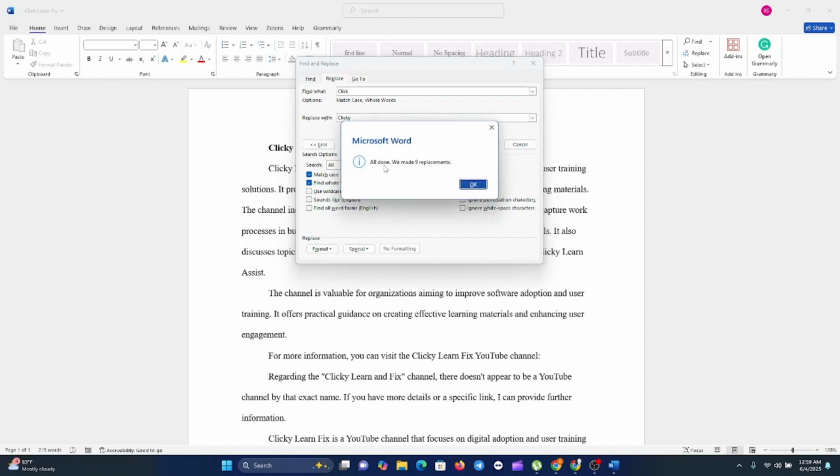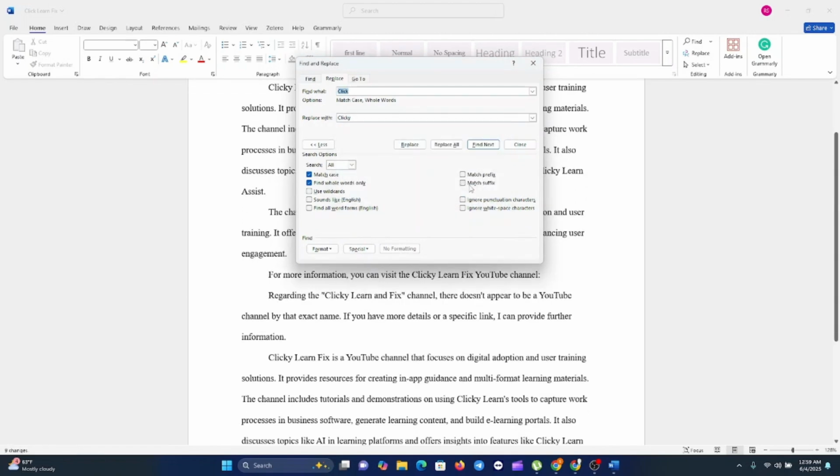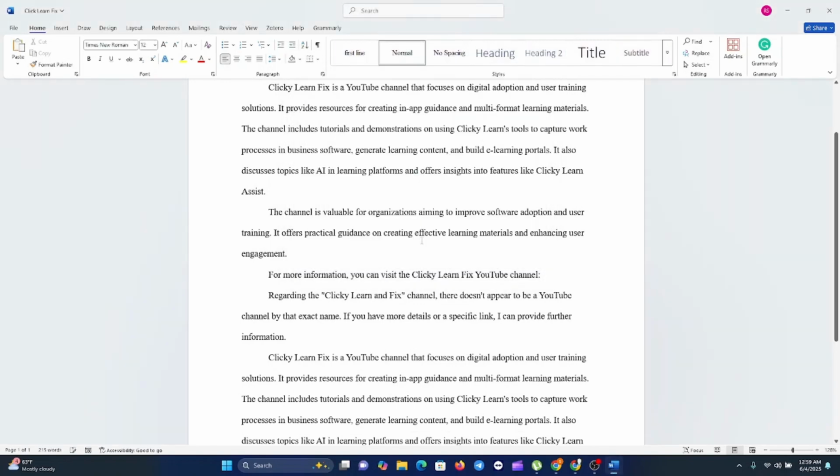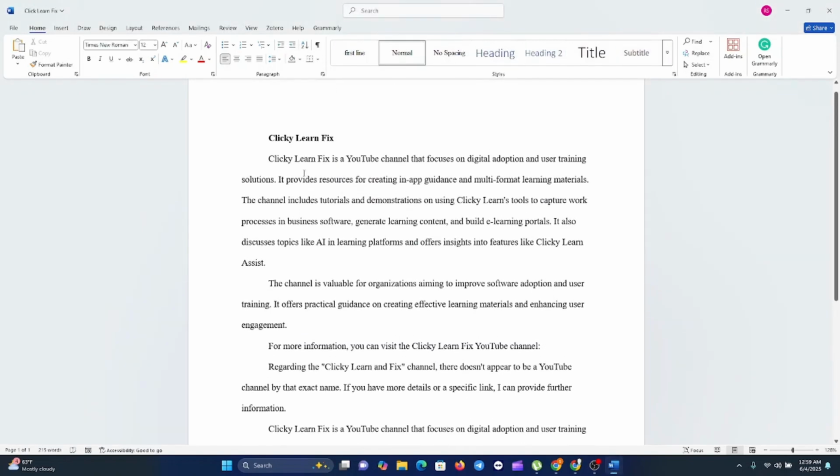Then you can see what Microsoft Word is telling you: all done. You have made 9 replacements. Once you click OK, you go back to your document. Every section that had the word click, you can see the word click has been replaced by the word clicky. So that is how easy you can use the find and replace function in Microsoft Word